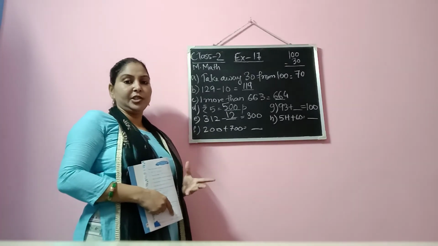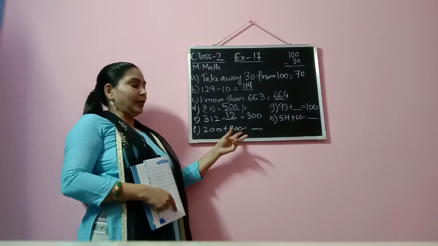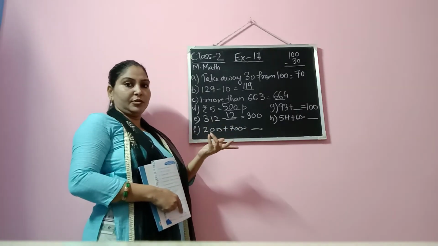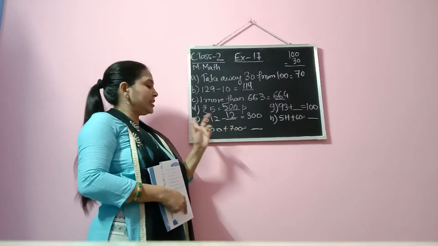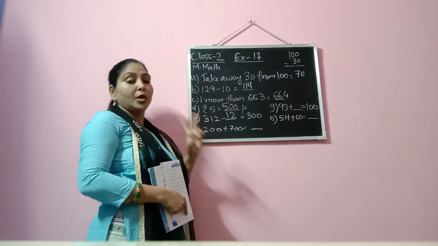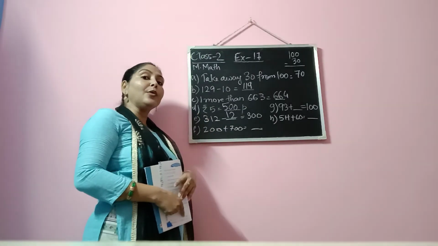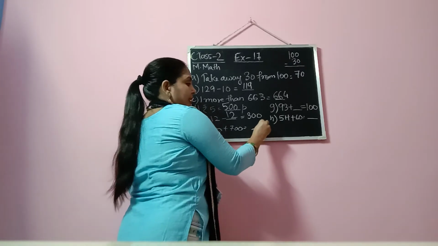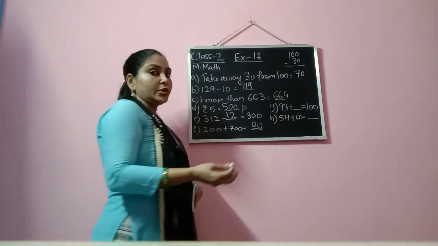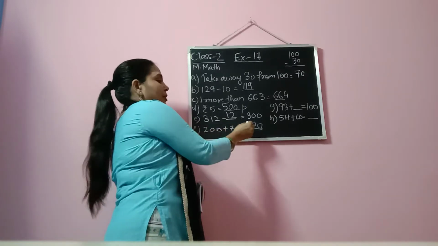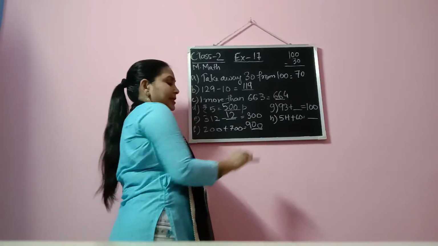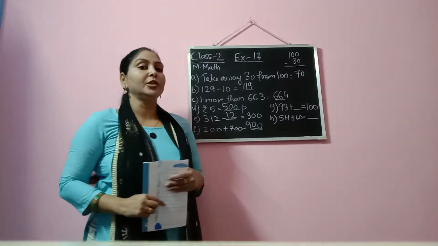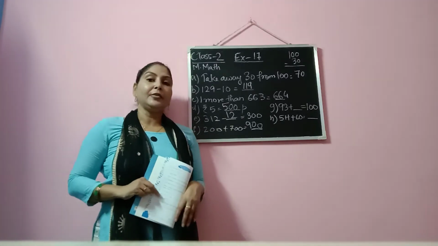This is a simple addition. You see in ones place and tens place, the numbers are the same. It is only 0. And in hundreds place, there are two different digits which we are going to add. Ones place and tens place we will just put as it is, the two zeros, and 7 plus 2 is 9. That means the answer is 900. Now we move to the next question, question number G. 93.